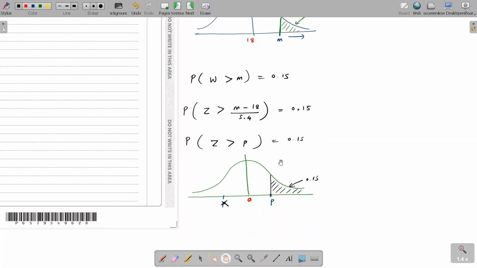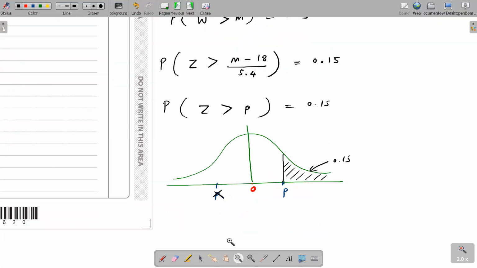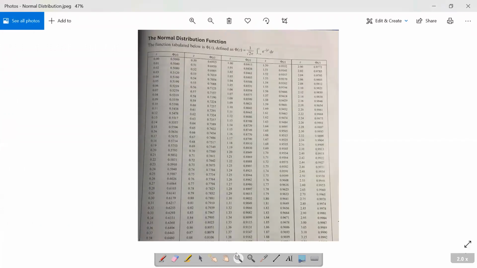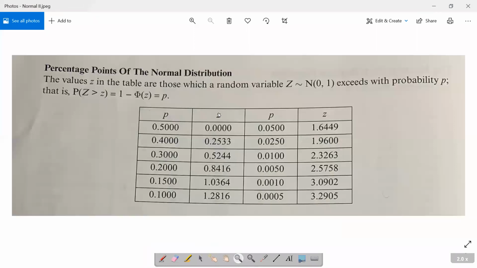You all know we have two tables in our normal distributions. When you get these kind of good areas, can you see 0.15 probabilities with only maybe 2 decimals? So you have two probability tables. In the first probability table, the probability values are very messy. I have taught you this. But the second table gives actually good probability values. The second table gives you the area in front of the P value. The first table gives you the area behind.